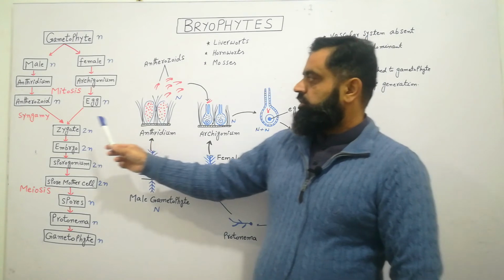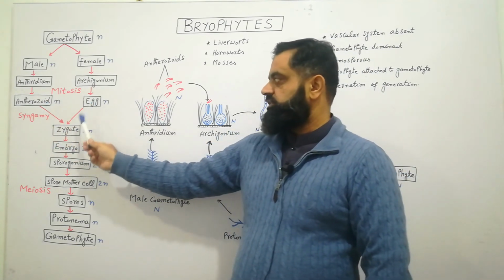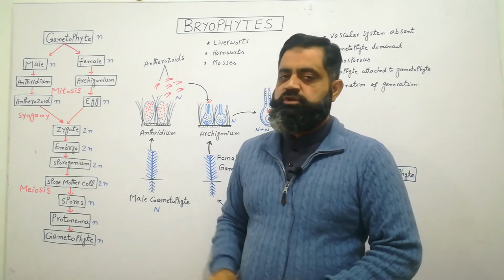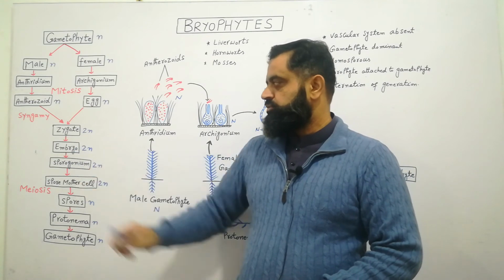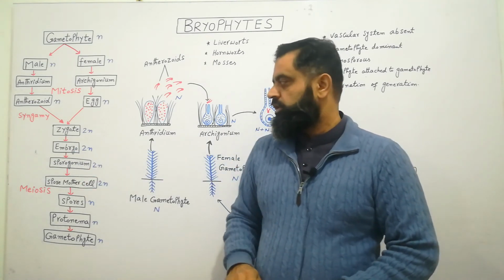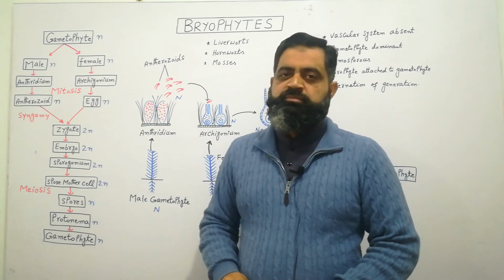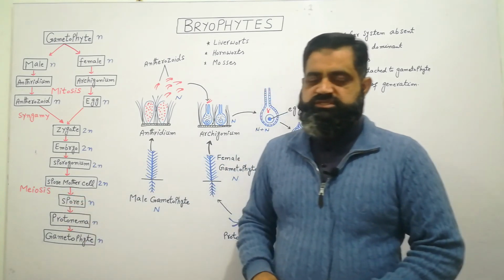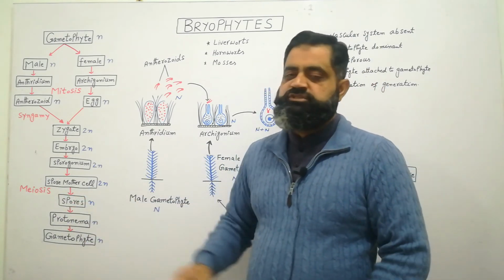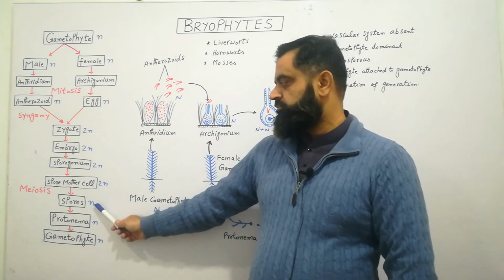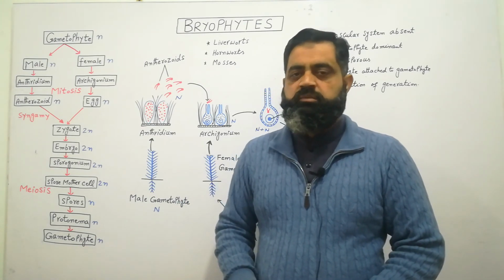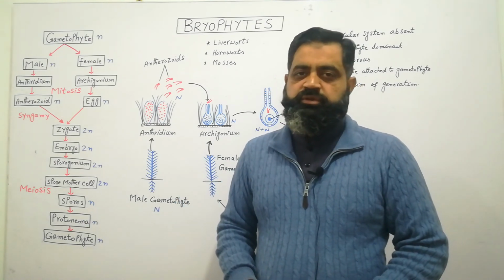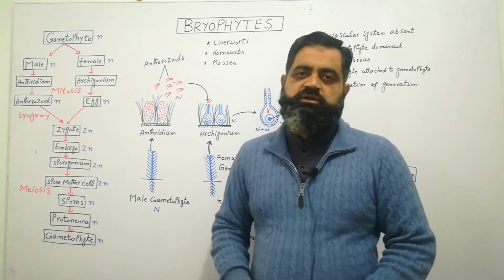After fertilization or syngamy, the antherozoid fuses with an egg to form a diploid zygote. The zygote later changes into an embryo, which is also diploid. The embryo changes into a structure known as the sporogonium. The sporogonium gives rise to spore mother cells, which are also diploid. These spore mother cells, with the help of meiosis, reduction division, produce spores which are homospores. All spores are produced by meiosis, so that is why they are haploid. These spores germinate into an algal-like structure, the protonema, and the protonema gives rise to a new plant which is known as